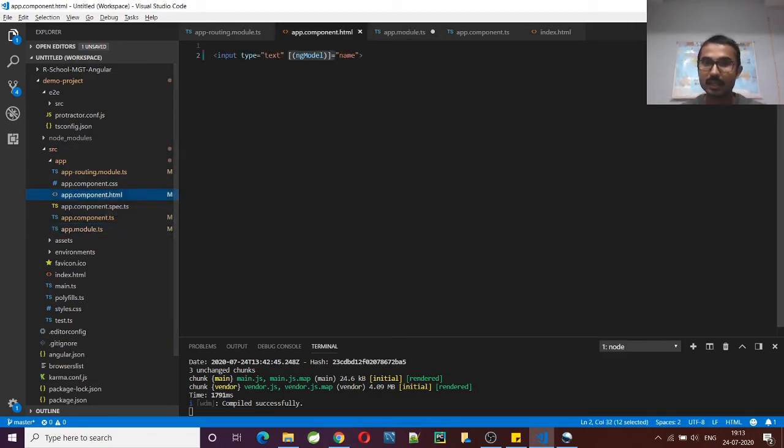And in this, if we are entering some value, let's verify whether it is taking it from there or not. So I'll create one h1 tag, and here I'll print the entered value, that is name, and I'll save it.